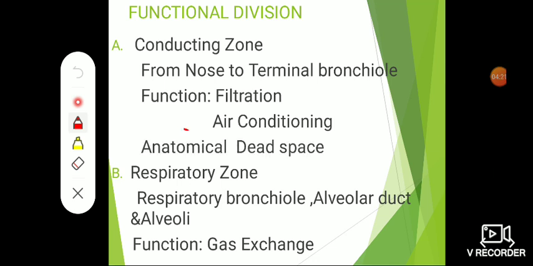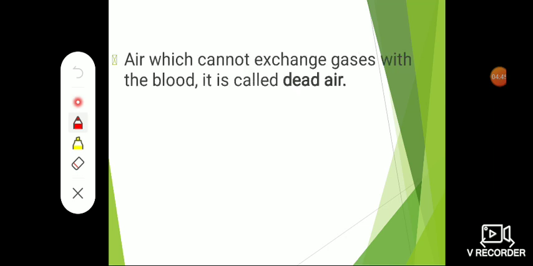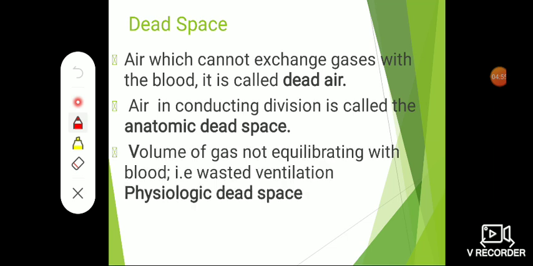The amount of air remaining in this part, which is not taking part in gas exchange, is called the anatomical dead space. Why anatomical? Because there is no provision for gas exchange in this region; there is no respiratory membrane here, but there we have actual respiratory exchange. Dead space means air which cannot exchange gases with the blood; it is called dead air. So air in the conducting division is called anatomical dead space, and the volume of gas not equilibrating with blood, that is wasted ventilation, is called the